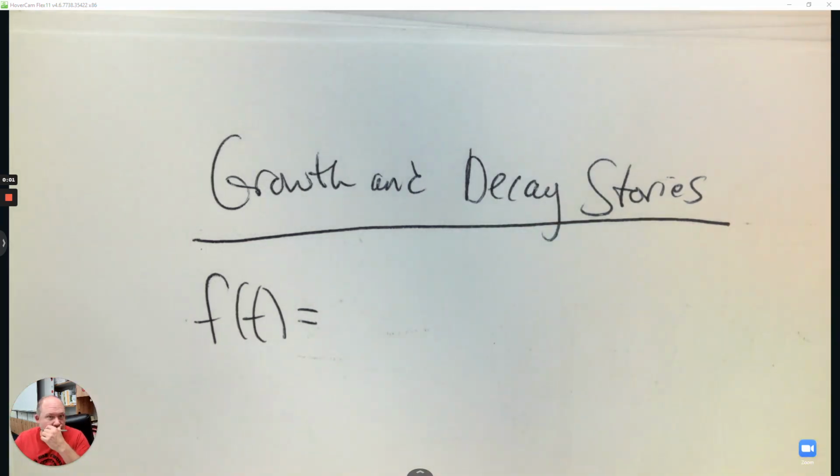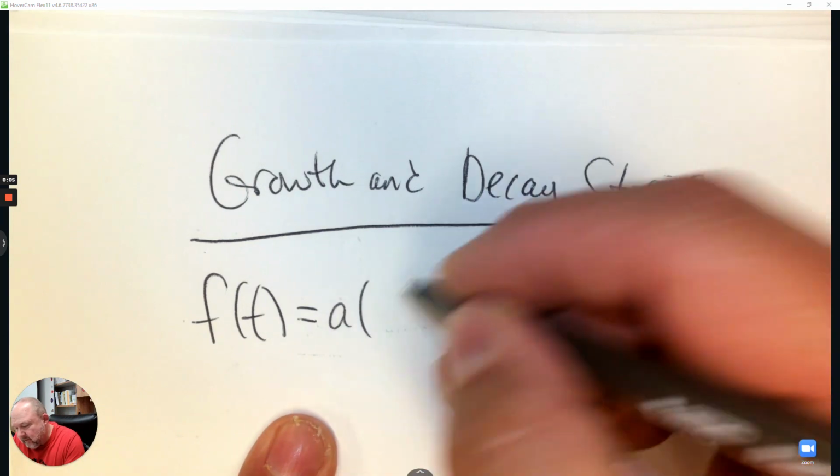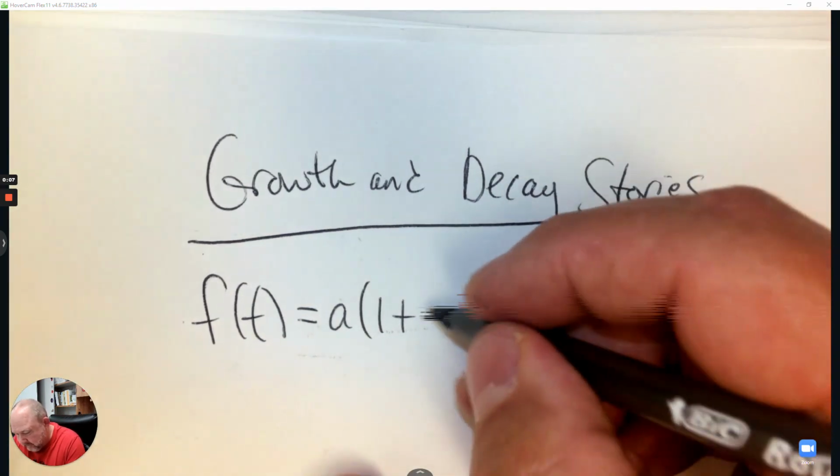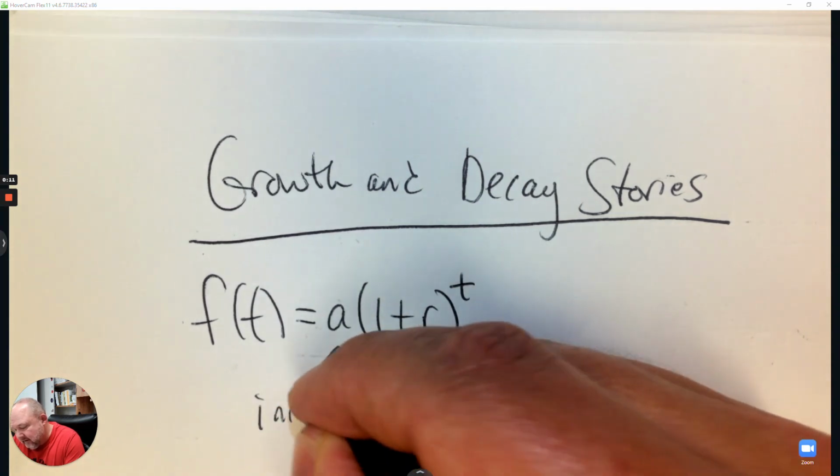All right, so here's growth and decay stories, or a little quick review. We use this equation for growth, and we say A is the initial